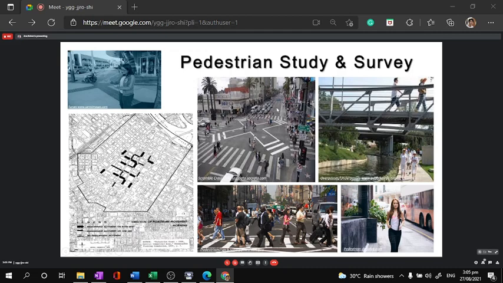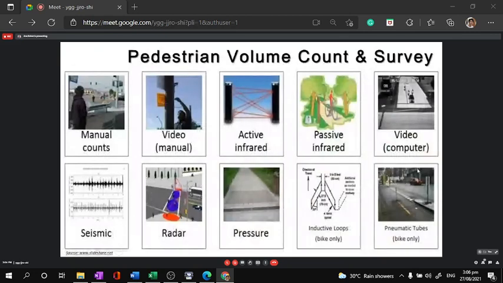Now, volume of pedestrian traffic is not only for streets or sidewalks. We also have walkways, the pedestrian overpass and the pedestrian underpass. And even the volume of traffic on the sidewalk: is the width of the sidewalk enough for moving pedestrians? The survey and volume counting is based on manual or video, but manual is still the reliable one at the end